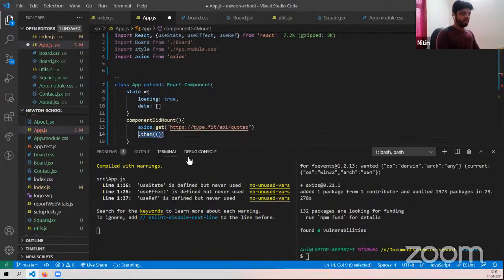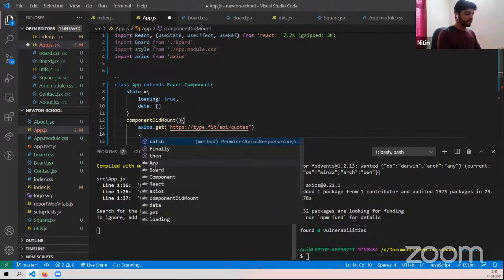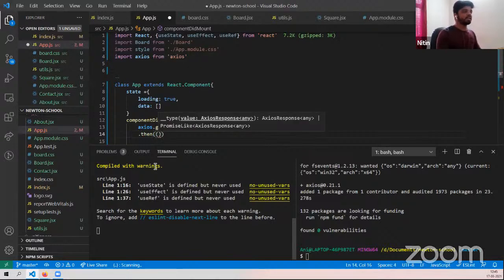Now, if you want, you can make this an await and just apply async here. But what it will do is it will just make the component wait here. Okay, and that is not a very good thing when building a front end, because you don't want the user to wait for anything. You want to show the user that the data is coming, and anything that should be displayed on the page should be there